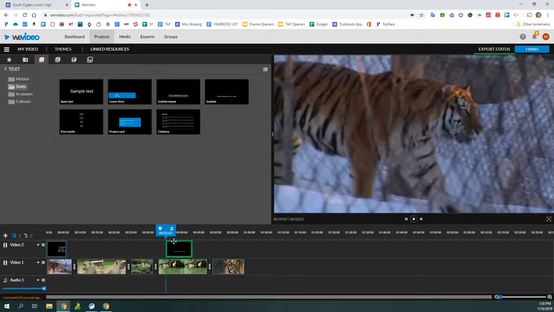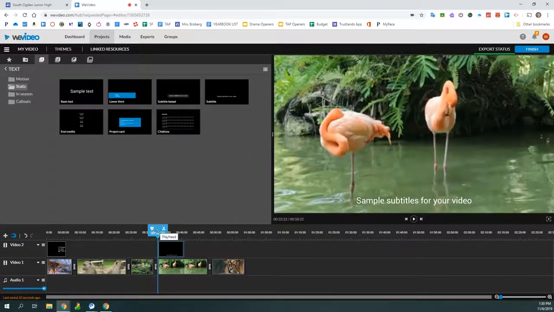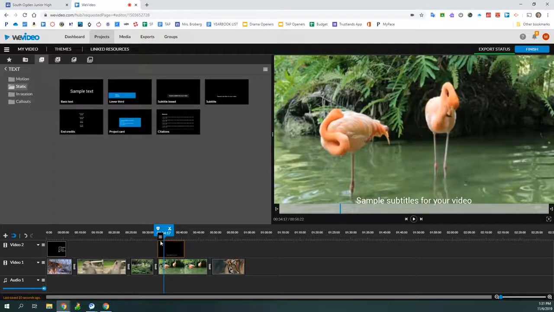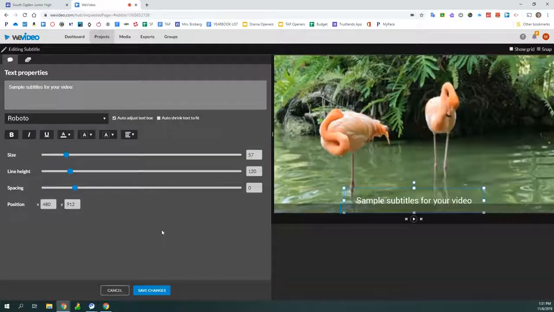And when you pull that down, you could pretend that the flamingos were saying something to each other in flamingo language, and you could make it be for as long or short as you wanted it to be the same way by clicking on it. So it becomes orange, going up here to the lines, and then doing that, and you suddenly have the options. And this one looks different because it's made for doing subtitles in something. So you can just highlight over it and say